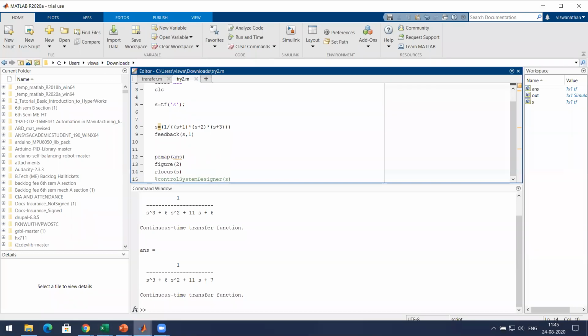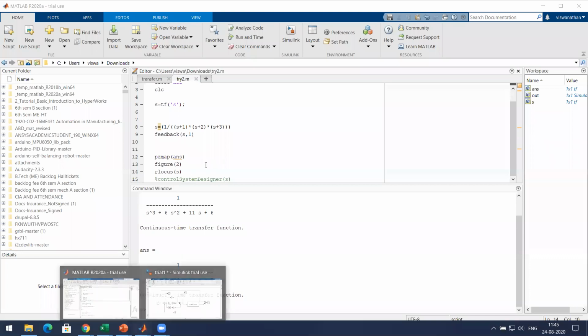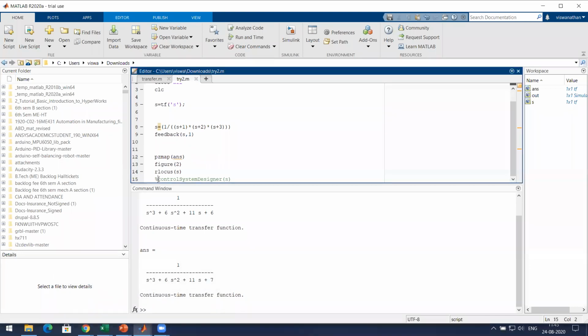But now we are going a step ahead where we open the control system designer. This is an app in MATLAB.